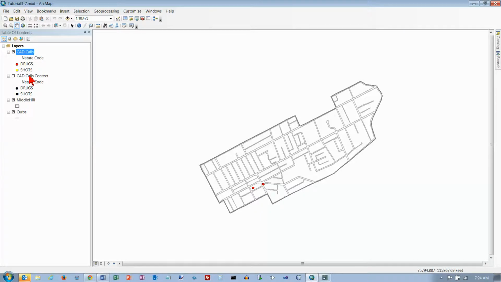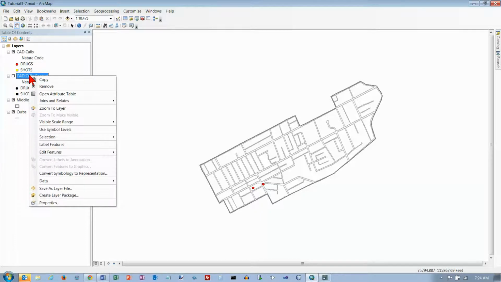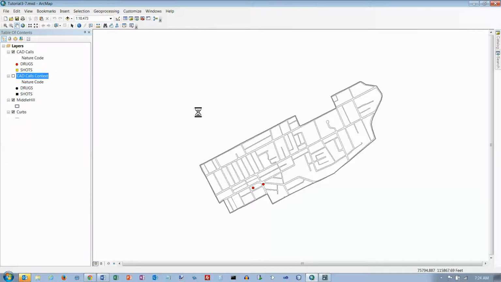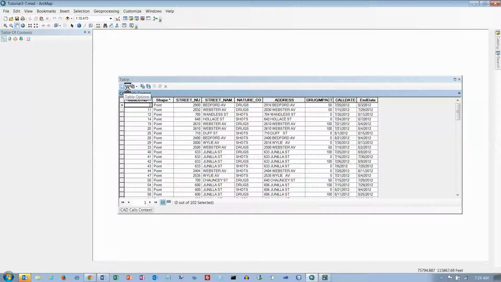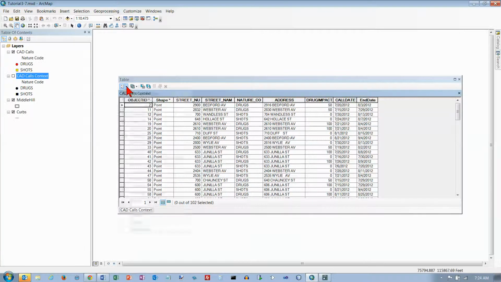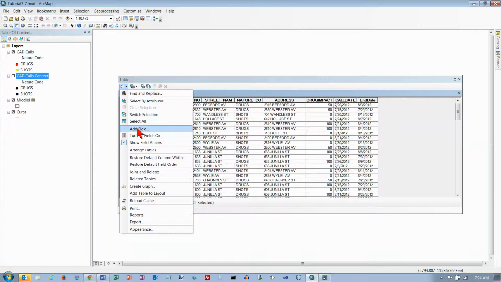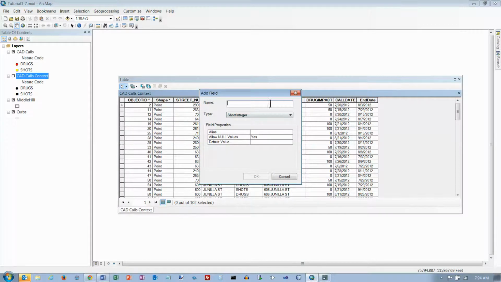So we need to go to the CAD calls context here, and click to open the attribute table. And what we're going to do here is go to our table options, and what we want to do with this table is add a field, so we're going to put another column over here. And this is going to be end date, and the type is going to be date,